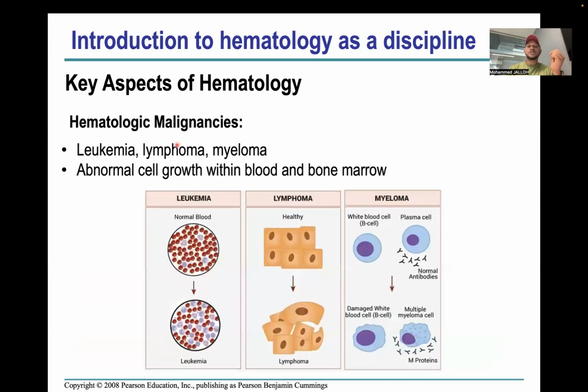Now, we also have hematologic malignancies. Malignancies mainly talk about cancer. All right. Now, we have leukemia. It's a kind of blood cancer. We have lymphoma. We have myeloma. Sorry for the difficult names, but as we proceed, you get to know more about this. So abnormal cell growth within blood and bone marrow is also another malignancy. All right. So let's talk about leukemia. In leukemia, it's also a blood cancer. So here you see leukemia, technically it is